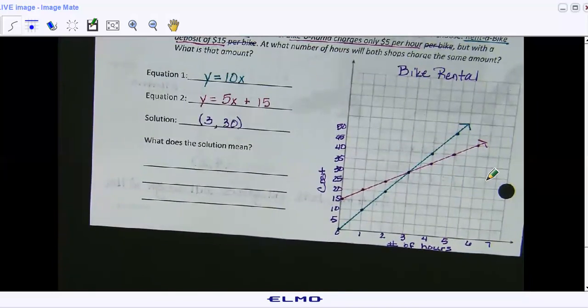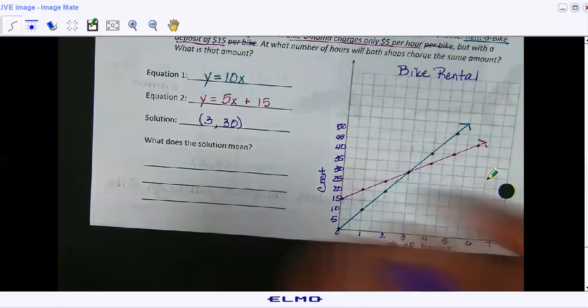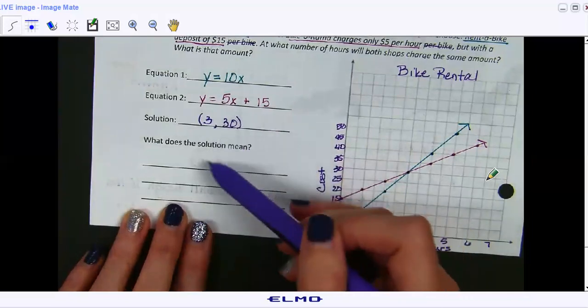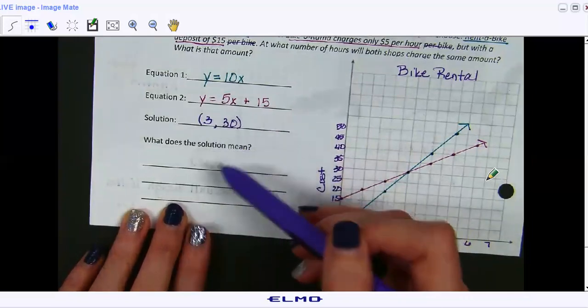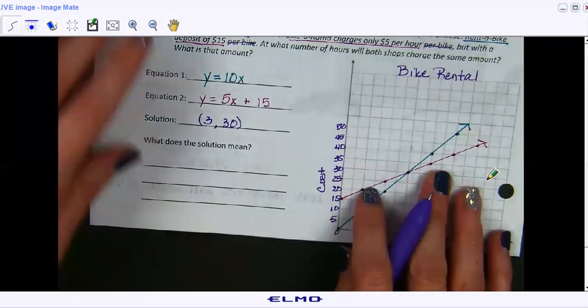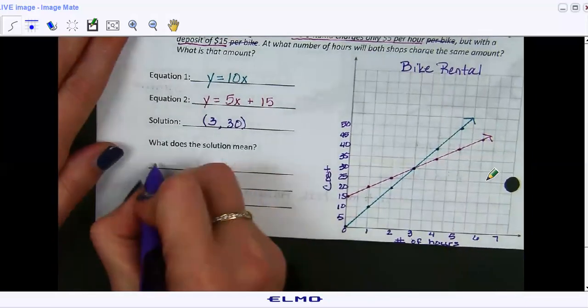Anyone else who has not spoken up yet? Go ahead, Christian. This is why I said it that way, because when I call on you, you never know. So what I'm asking is for you to describe the solution. At 3 hours, they cost the same. Yes. So at 3 hours,